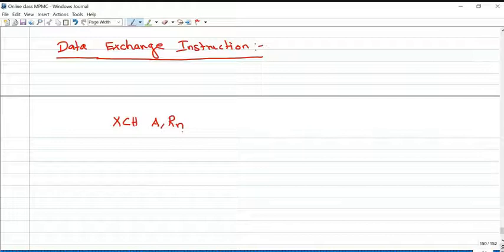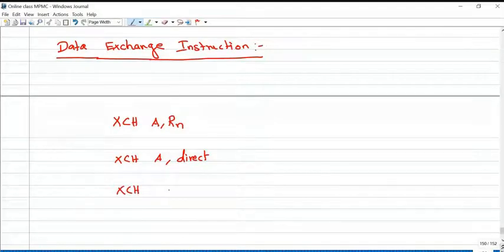Rn represents R0 to R7, any register. Or exchanging the data between accumulator and data available in the memory. Or we can exchange the data between accumulator and data available in the memory, but the address of the memory is indicated by the register indirectly.